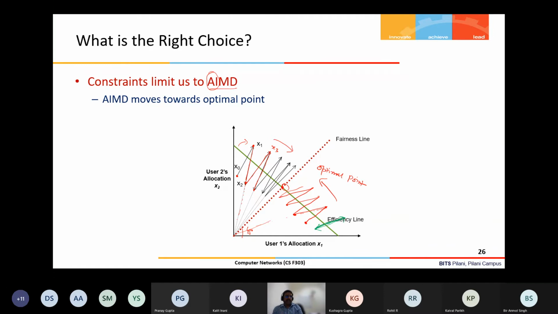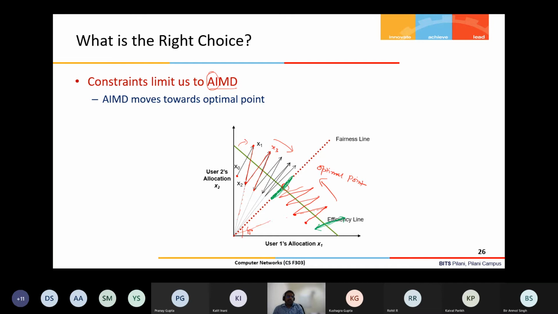If I do AIAD, it will never take me to the optimal point. Only one case is there: if by luck my point is somewhere here, then I will be oscillating around the optimal point. So this is not meeting the key objective of the congestion control